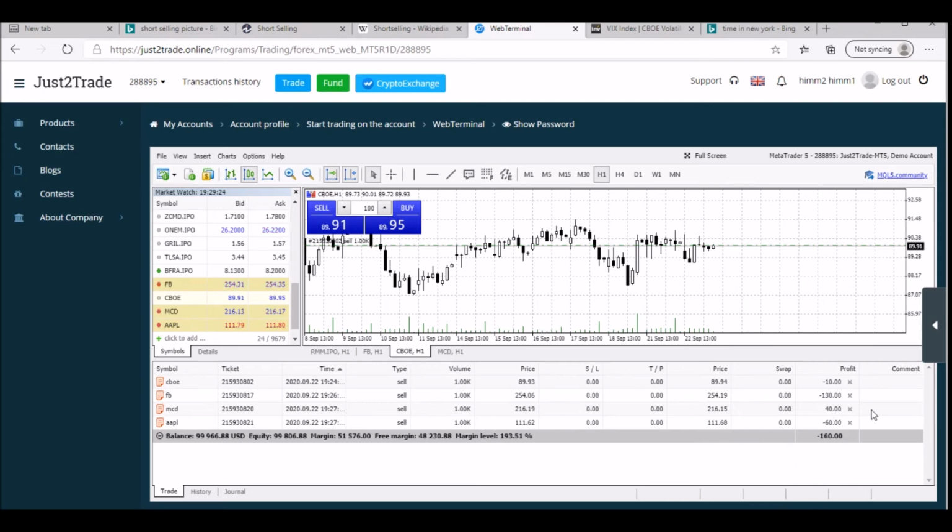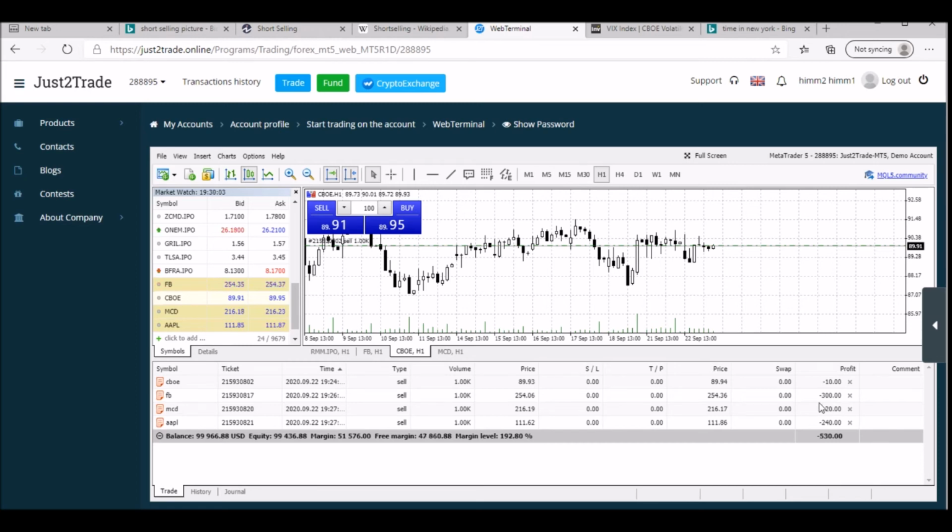So guys, this is how it actually works, right? So now you have sold it. You didn't have it, you borrowed it from the broker, you sold it, then you go back to the market when the price of the stock has gone down, and you buy it at a low price. So yeah, let's give it 1 or 2 minutes so that we try and then buy it and see how it works. We want to buy it back. Oh, but $40 is not a lot. Let's just see how it goes.